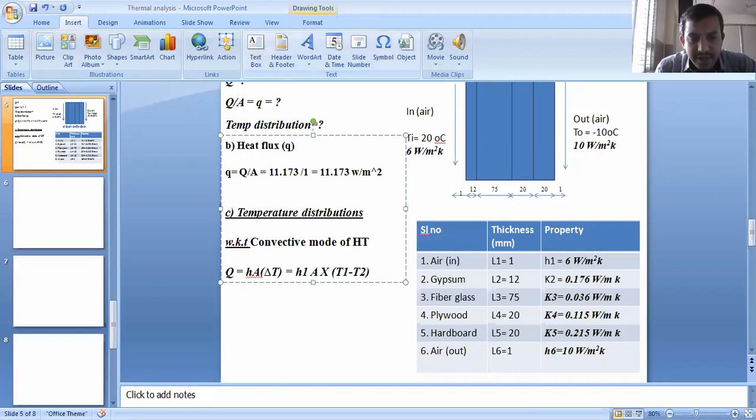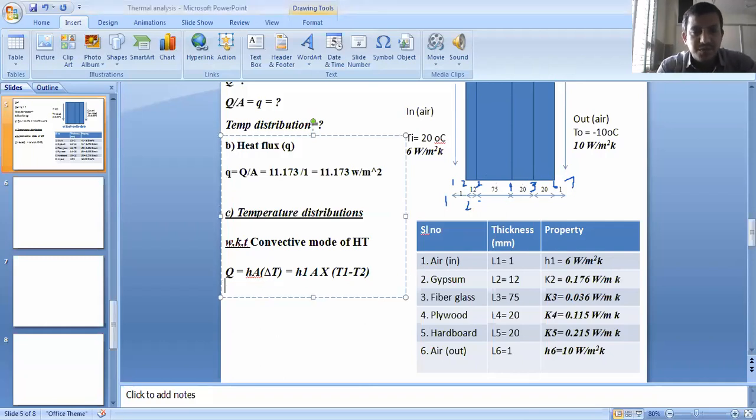So see here, this is the first one. The junction of the air to the wall is 2. This is 1, and this is called 2. The junction of the first wall to the third wall is 3. The junction of the second wall to the third wall is 4. Then the third wall to the fourth wall is 5. Then 6, and the last one is 7. Okay, these are the notations we use. T1 is equal to Ti.